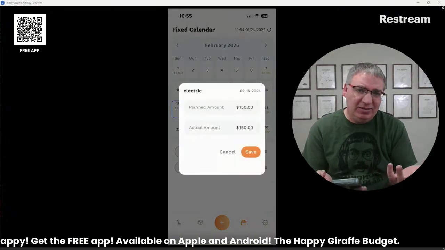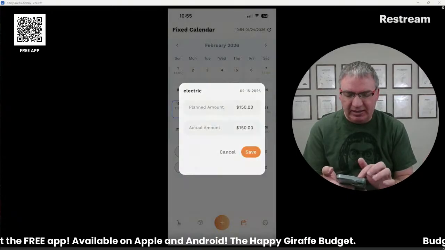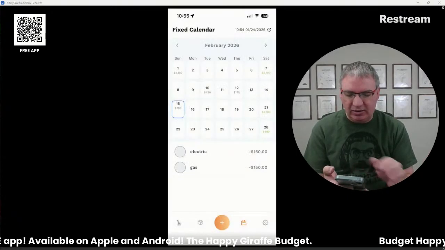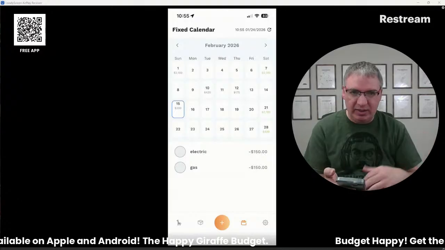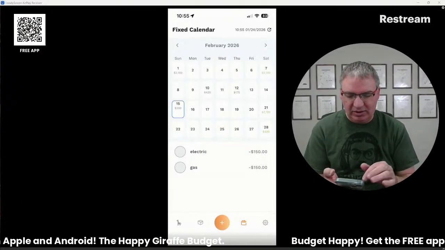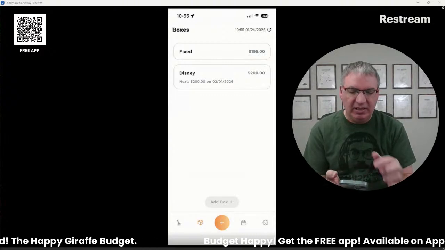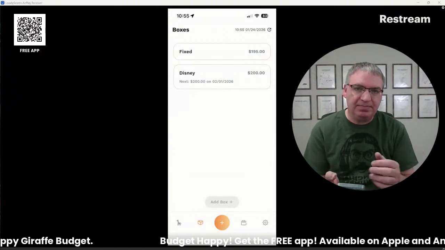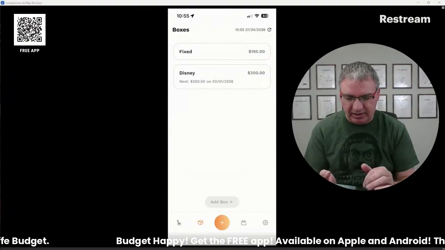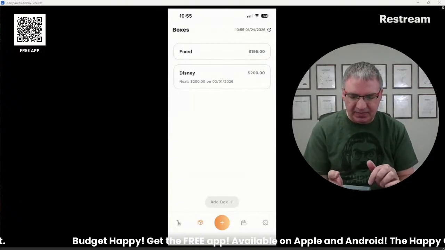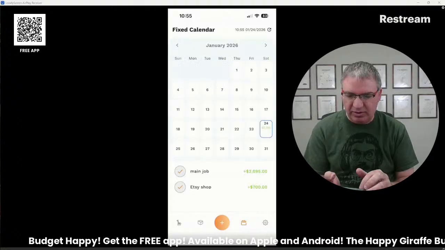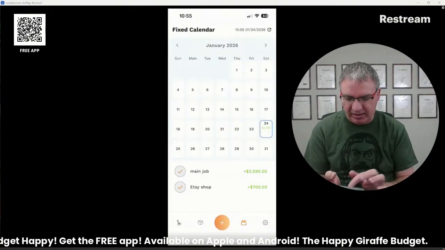I guess you could add them together if you want, but it's easier if they're separate, and it's totally okay if you're way high, way low, just like with the Etsy shop. Totally okay if it's different. The difference will just come into or out of this fixed box. So that's where that is all handled. So there's one example for a family, how they would use it.